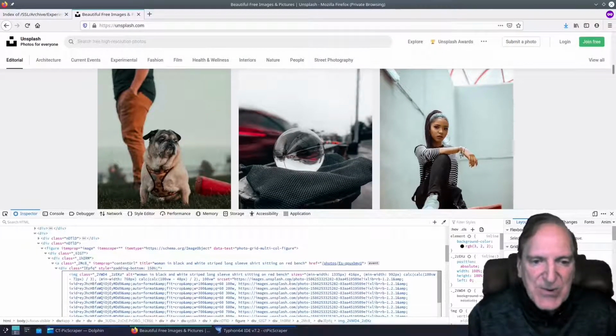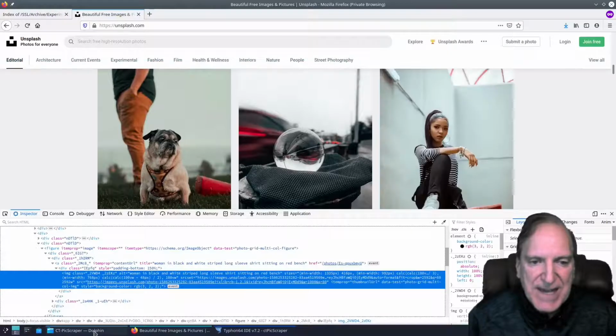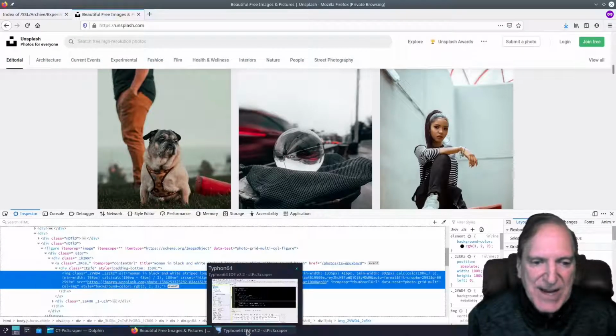And so here we're looking at our image tag, and one thing that's kind of unique inside this image tag is right here, the source set. The source set is only shown once, and then you have our link here. If we went from our source set all the way to the hyphen there, that should be kind of unique for each source set. So I'm going to go back into our